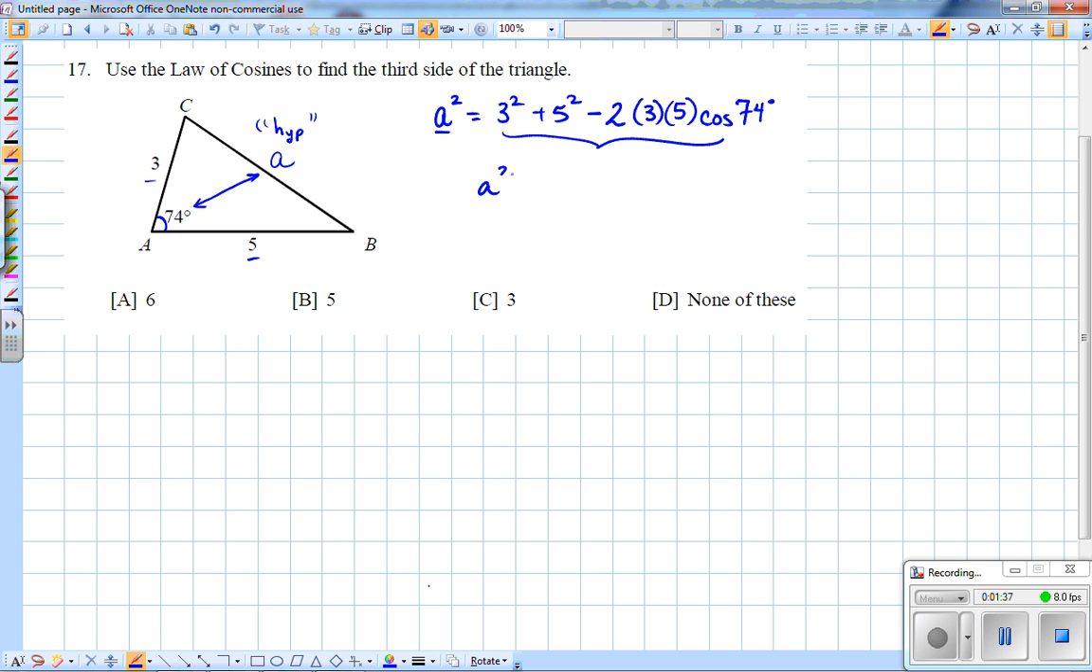You should get that A squared is equal to approximately 25.73. A is approximately equal to the square root of that. We get 5.07. In this case, I'm going to go ahead and go with the closest answer,